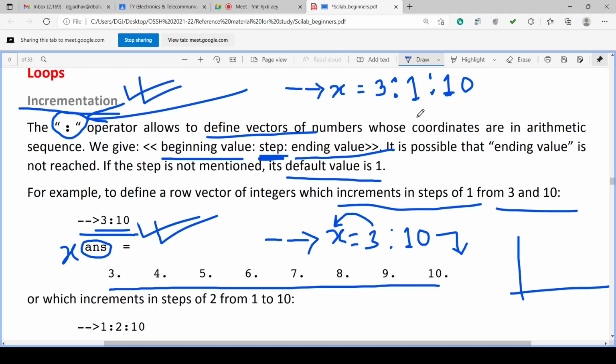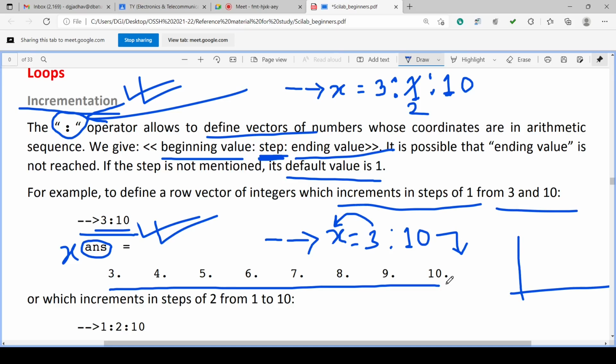But instead of 1, if you write the step 2, then it defines the vector 3, 5, 7, 9, and it will not give 10, because 10 is not incrementing by 2 from 9. It will give only 3, 5, 7, 9, assigned to x.